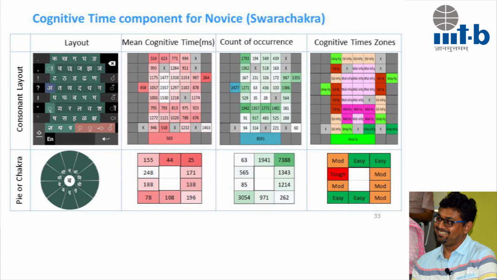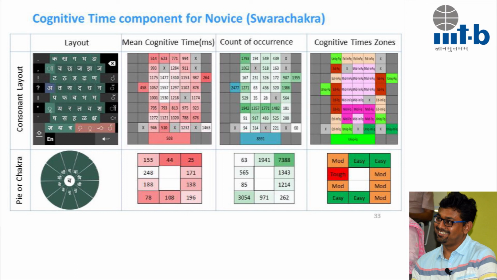The point which I want to make here is people do not learn the keyboard in one snapshot. On a practice, people would learn parts of the keyboard at different times. At few points of the keyboard, they were learning faster. Few letters in the keyboard, they were training faster. Few of them still they were slow.